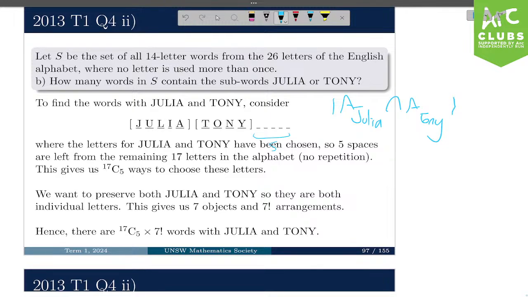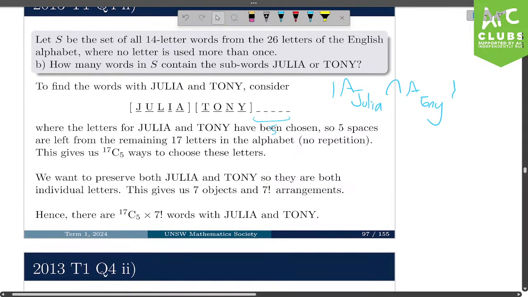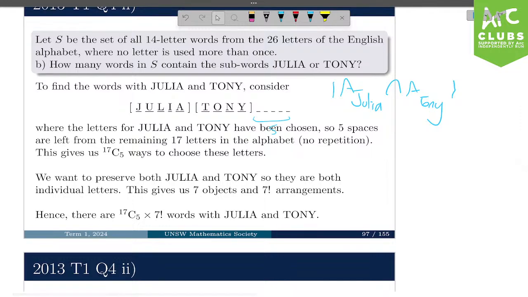And since we want to preserve both Julia and Tony, we consider both of them as singular objects, along with the 5 remaining letters, which gives us 7 objects, and thus 7 factorial different arrangements. And thus we have 17 C5 times 7 factorial words with Julia and Tony. So this is